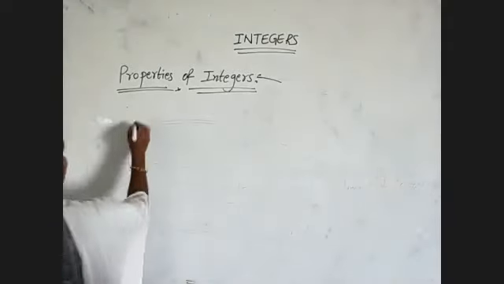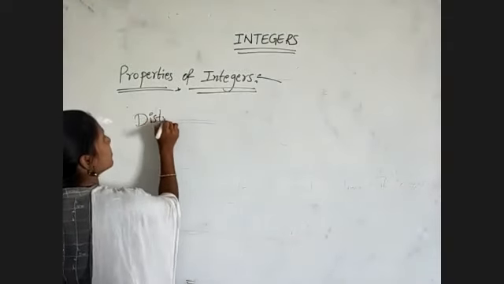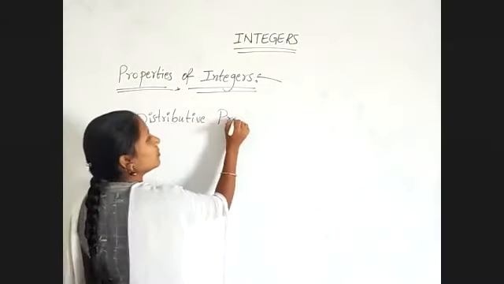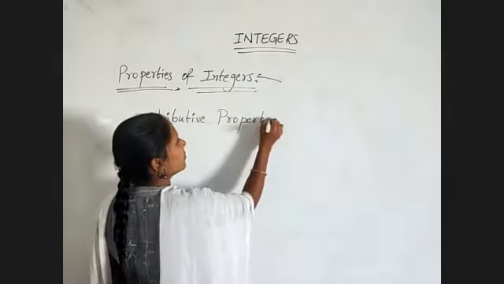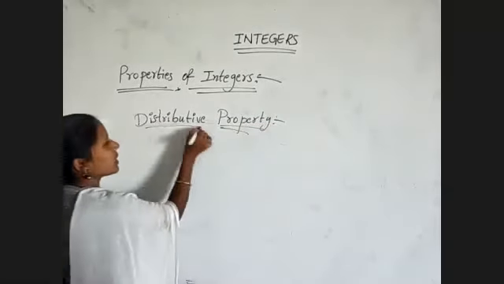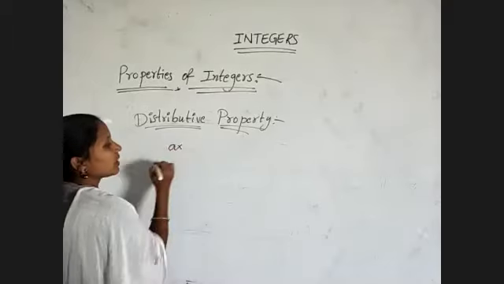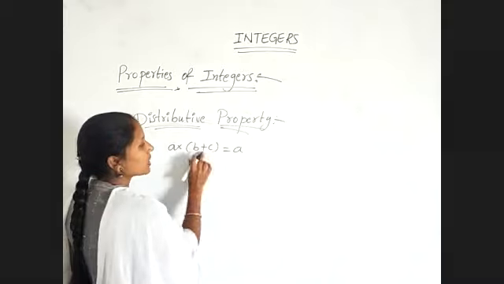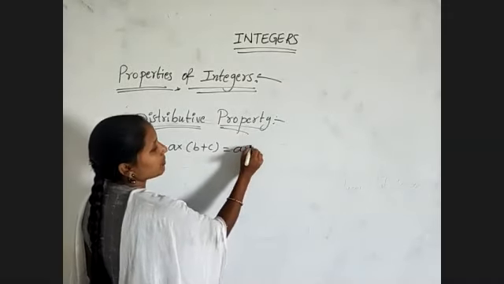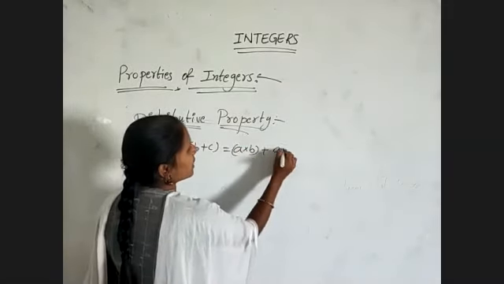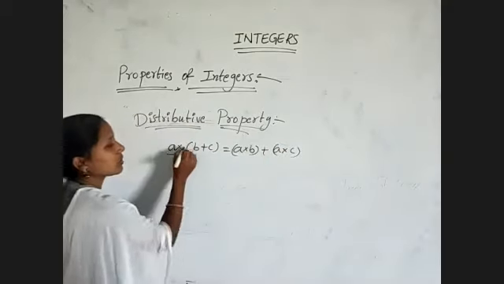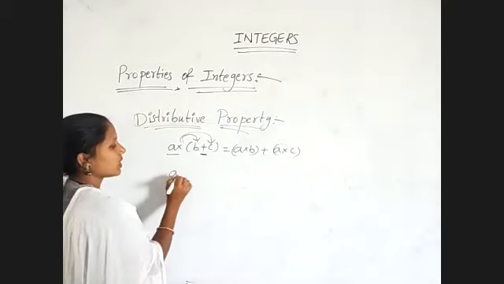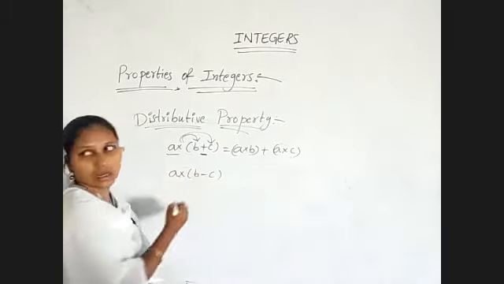The distributive property states that a number is distributed over two numbers by using addition, otherwise by using subtraction. So the statement is given in this way. a is distributed over b and c using addition. Otherwise, a is distributed over